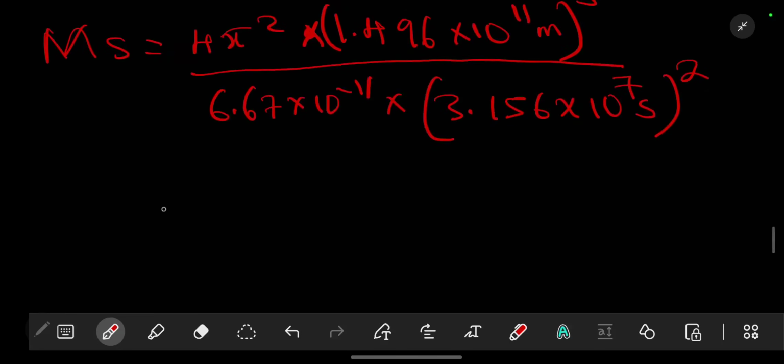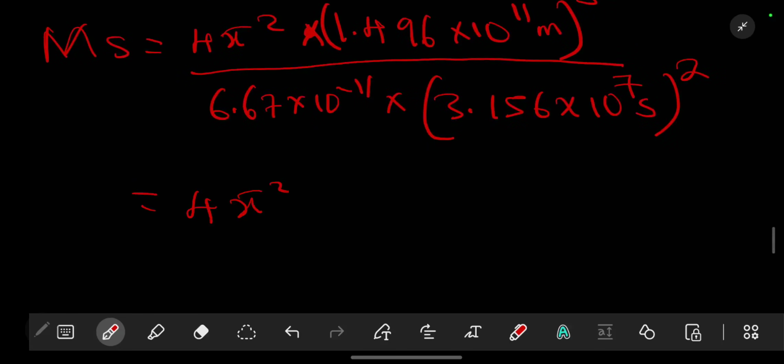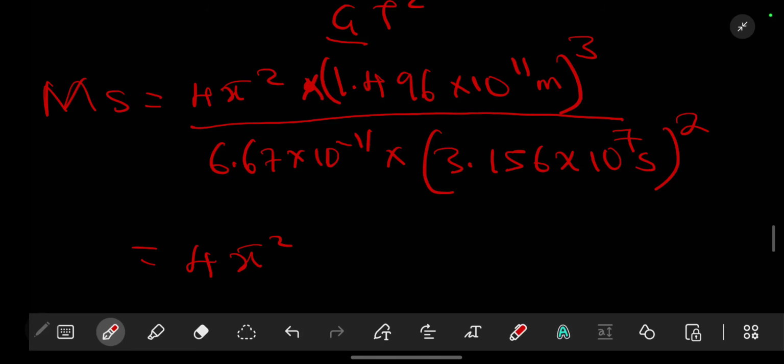Period squared. So we have our 4 pi squared. Then we have our 1.496. Make sure that you put these in brackets while you are pressing on your calculator. So we have open brackets 1.496 times 10 to the power 11, then this value to the power of 3, like that. So we are going to have a value that will be equivalent to